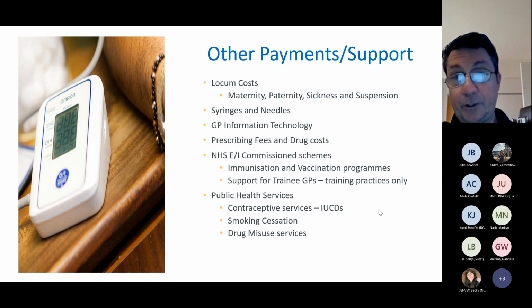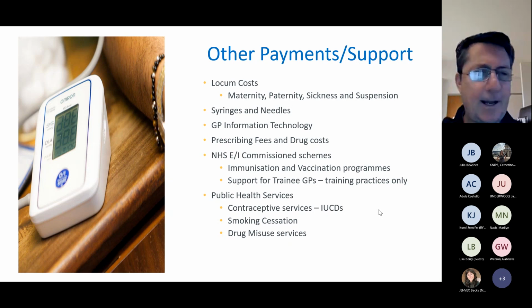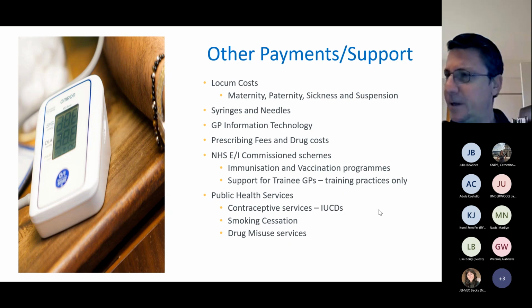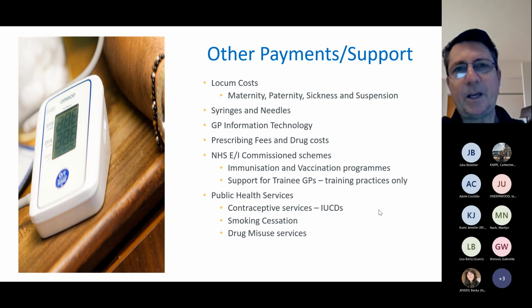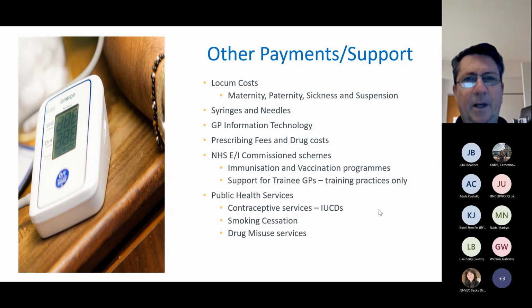So that was a bit of a whistle-stop tour, really, of primary care and the money that goes through it. You're looking at something like £140 per patient. That's a rough sort of element of what each practice gets in income. So if you've got 10,000 patients, then you're looking at something like £1.4 million worth of income,